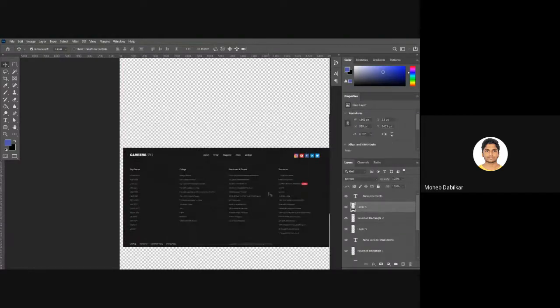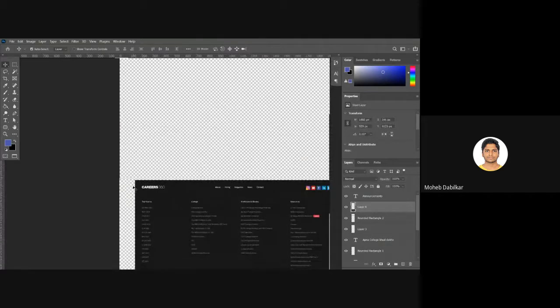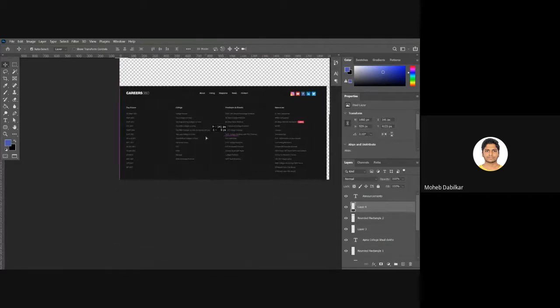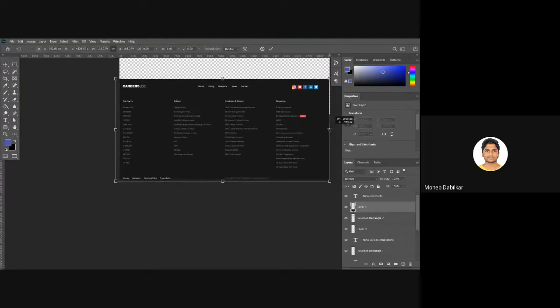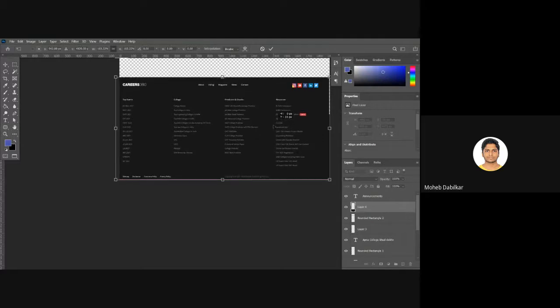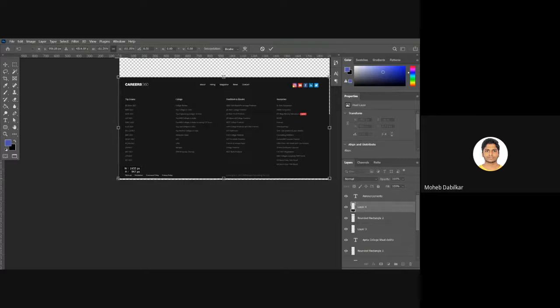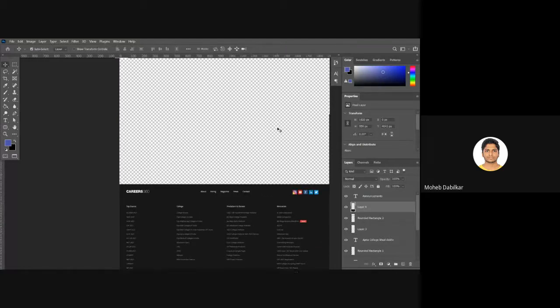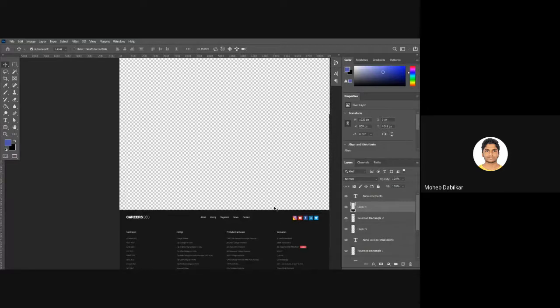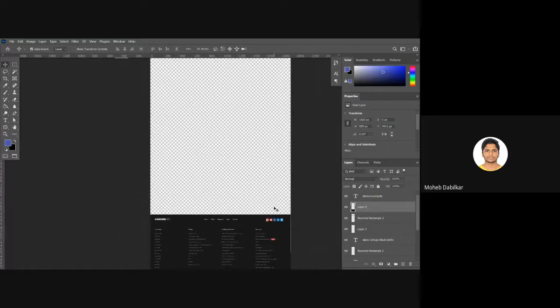Okay, let's take this guy to the very bottom and attach him somewhere over here and hit Control T, extend it, and yeah, obviously move it a bit more up, and yeah, I guess that should do our footer as well. Now the middle part is remaining, right?